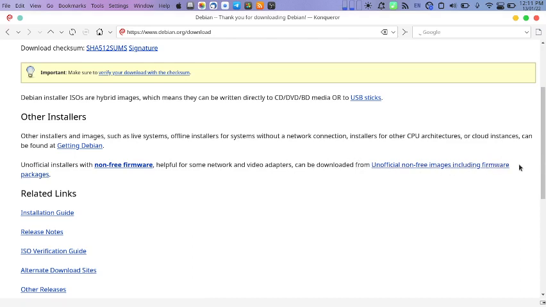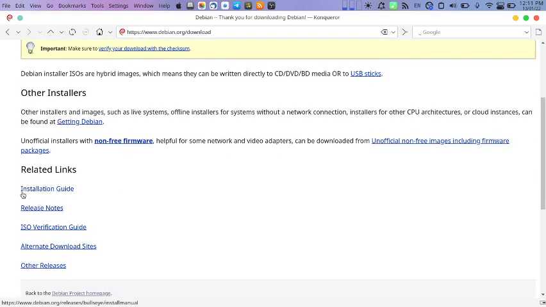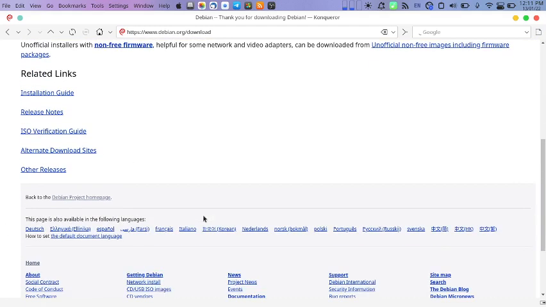All the non-free software, your extra codecs, non-free codecs, different kinds of non-free video editors, players, everything, including the firmware, is put in the ISOs called non-free ISOs. Here you can go to this link. They also give the installation guides, release notes, ISO verification guide, alternate download sites, and other releases.